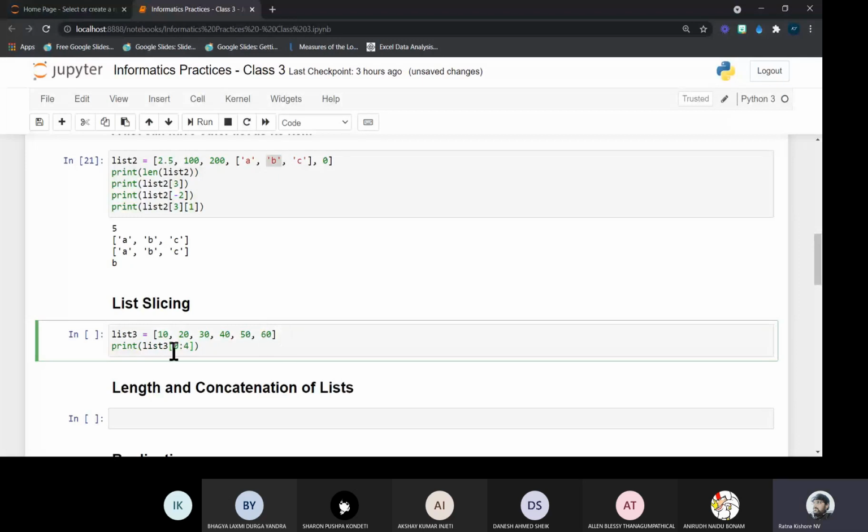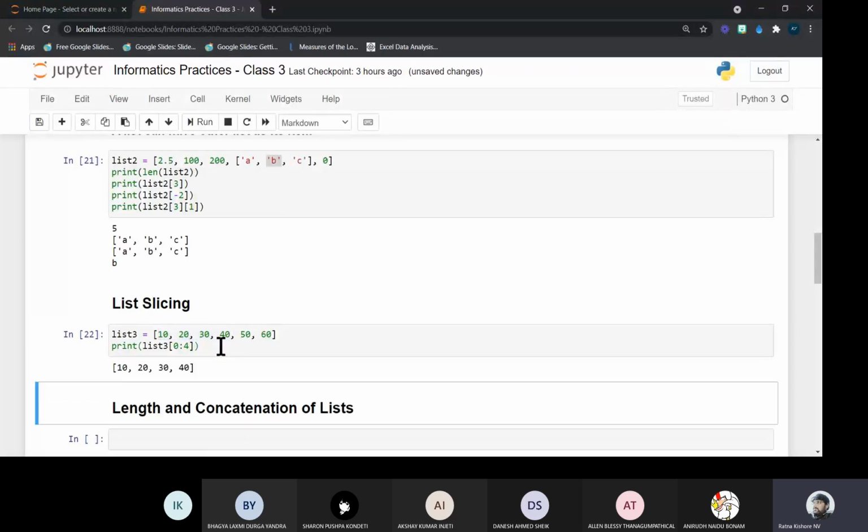The start index is 0, and I am using 4 as the ending index. Then automatically I will get the indexes 0, 1, 2, 3 only. So 4 is excluded from the range; it will not be included in those indices. You will get the indexes from 0 to 3 only, 4 is exclusive. Then what values will I get? At index 0 we have 10, at index 1 we have 20, at index 2 we have 30, at index 3 we have 40. Then you will get 10, 20, 30, 40 as another list.